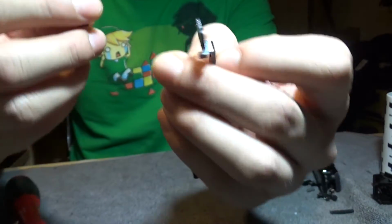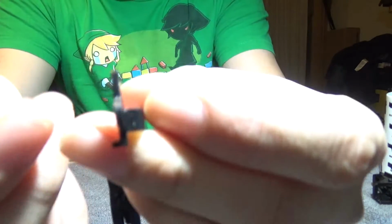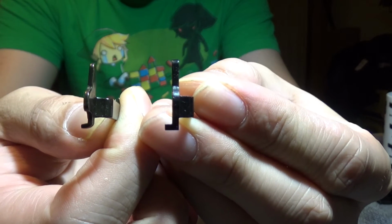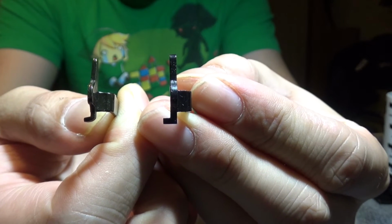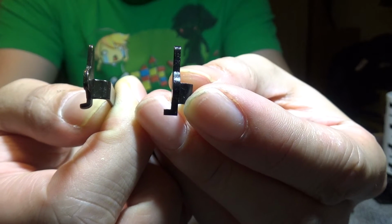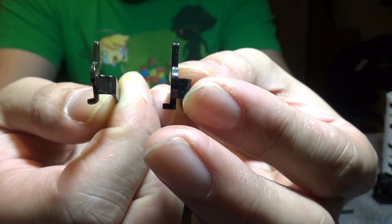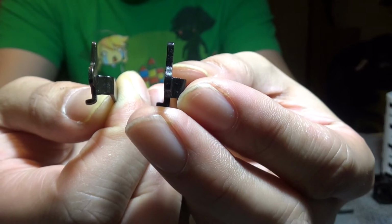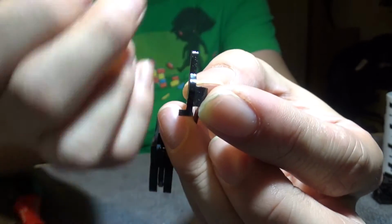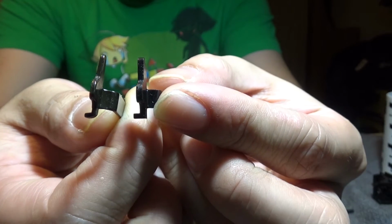But if you look right here, I hope the camera will focus. Can you see that major difference? If you look very closely at this one, there's a hard 90-degree angle, and you'll notice that the bottom part of this L hook / J hook, this is the part of the area that contacts the sear. Notice how large it is compared to the